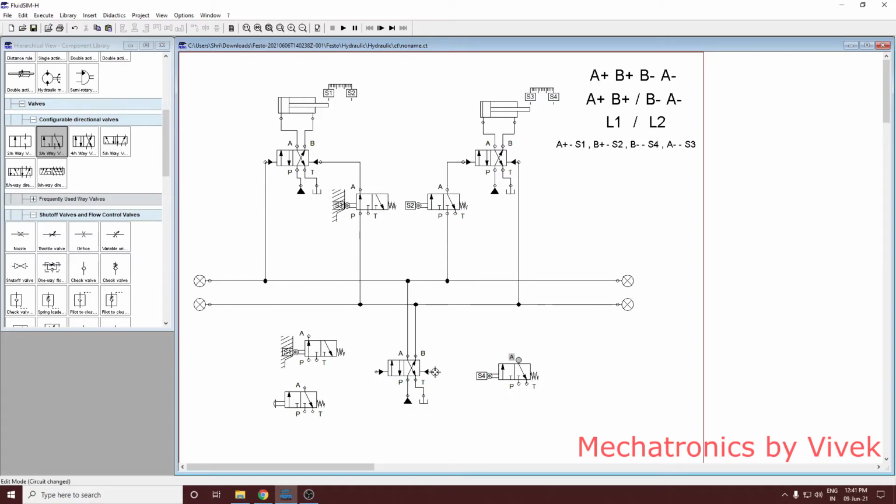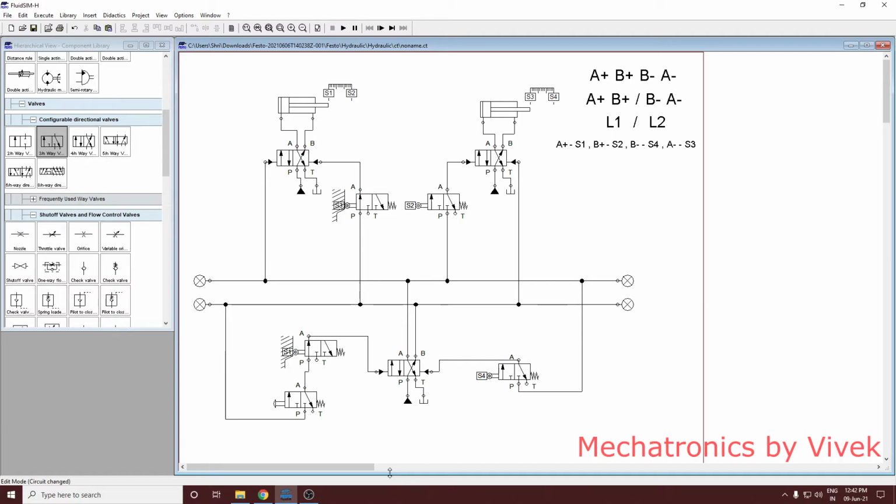Now you can connect it here. Okay, now this you can connect to the line L1. Now, what happens after A plus and B plus is that the power has to switch over from line L1 to line L2, because the next two sequences are going to be powered by line L2. So this happens through this switch. Okay, now here you connect, and this connection you have to make it here. So this more or less completes the circuit.